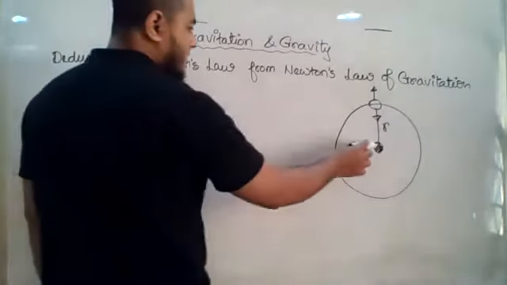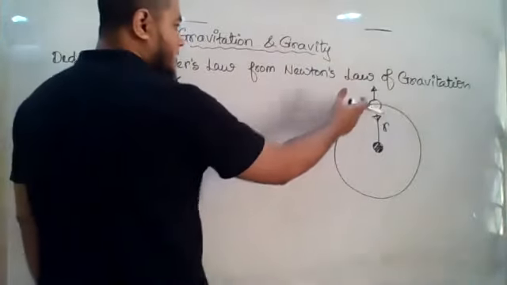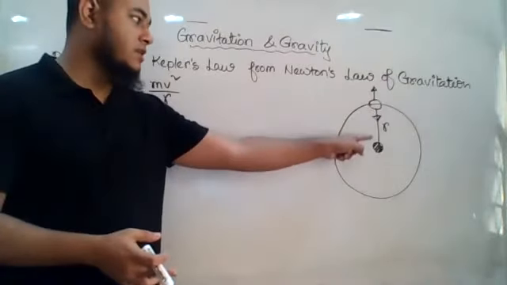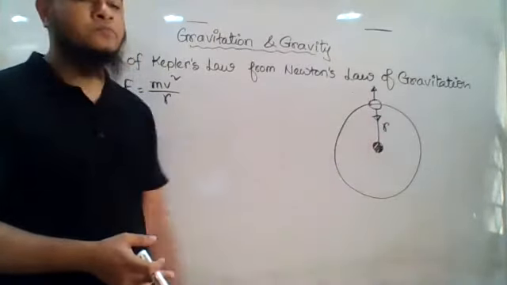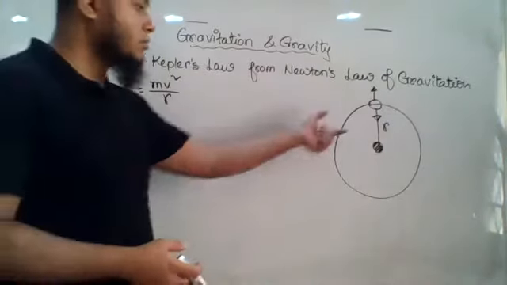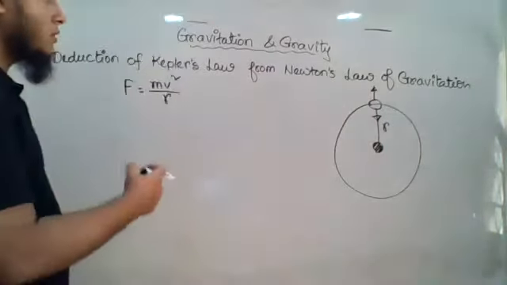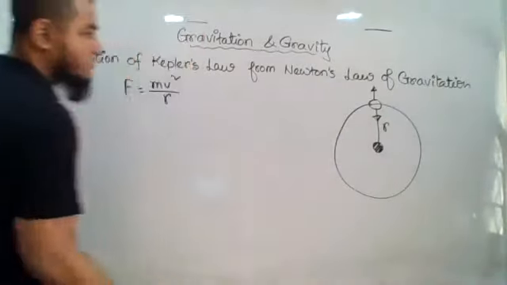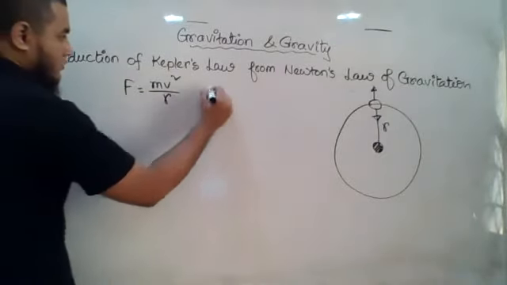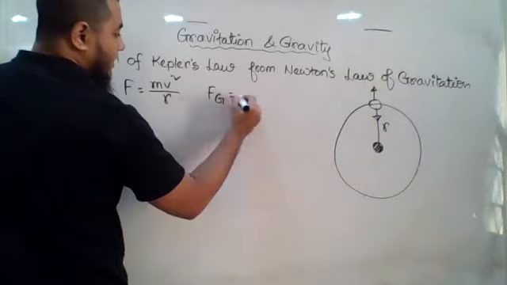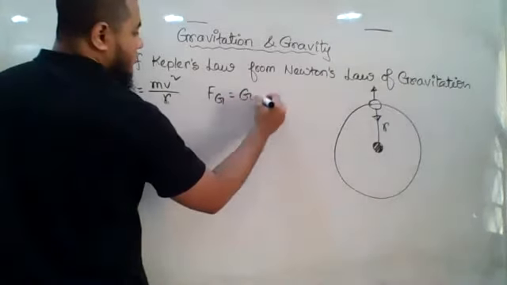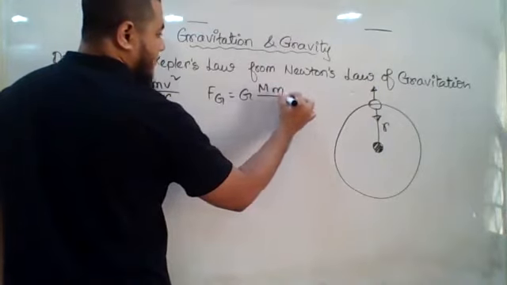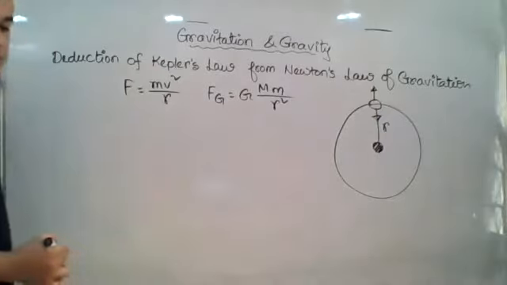I can say it because the sun is an object in the universe, and the planet is also another object in the universe, and the attraction force between them is definitely an attraction force. The sun is attracting it. So the attraction force between two objects is known as gravitation. We got to know how to calculate the force of gravitation from Newton's law of gravitation. So that was Fg, equal to G Mm by r square. This is what we got to know, right?